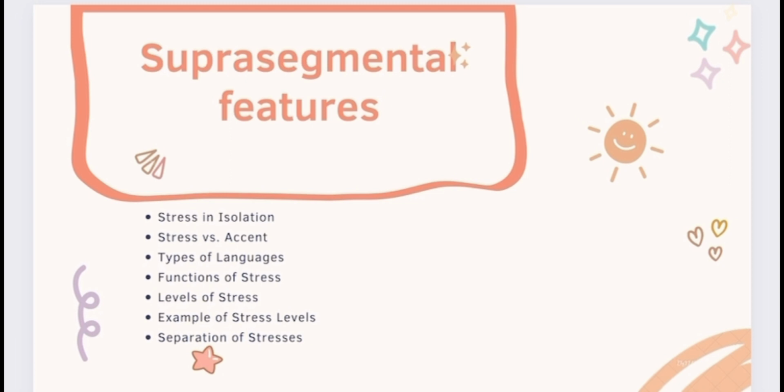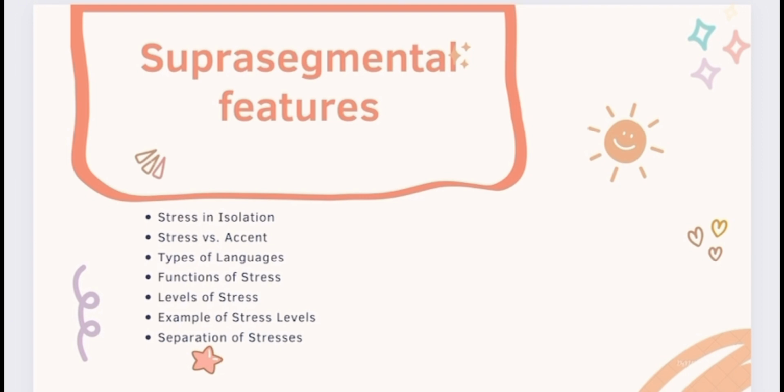Suprasegmental features. Stress in isolation. Every word spoken in isolation has at least one stress level. Stress involves an increase in air pressure and higher activity in respiratory muscles, leading to more air being pushed out of the lungs during the articulation of a stressed syllable. Additionally, there might be larynx activity resulting in a higher pitch. In acoustic terms, stressed syllables are perceived as longer, louder, and with a higher pitch.